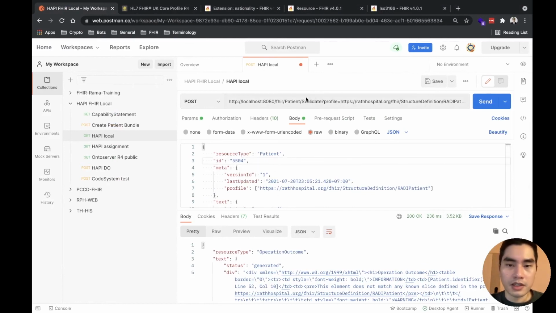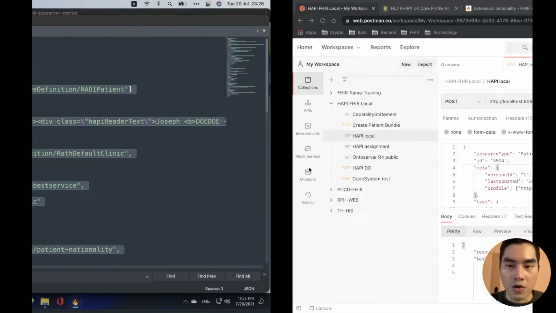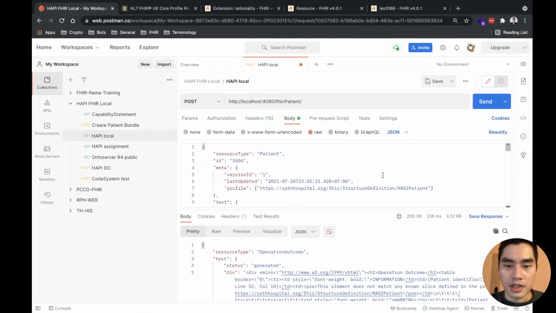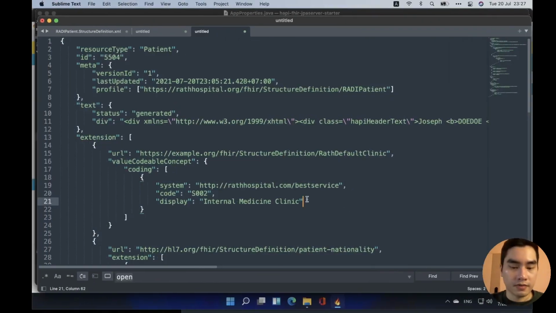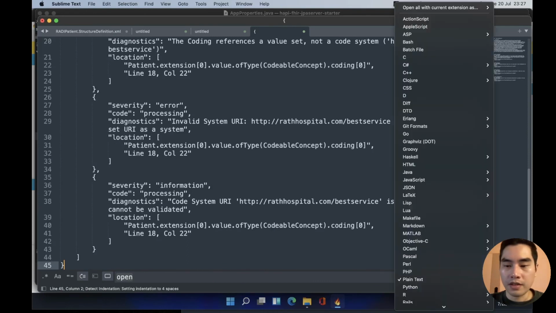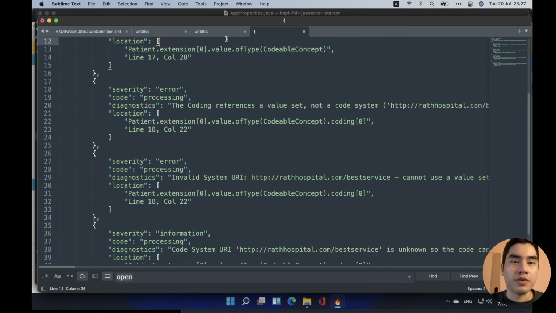Intentionally wrong, and we post it here, and then I send it to the server, and it will return 422, even though I'm trying to create a resource, because this is validation of the incoming resource. If we go here, let's see. Yeah, this is the error that we created a moment ago.